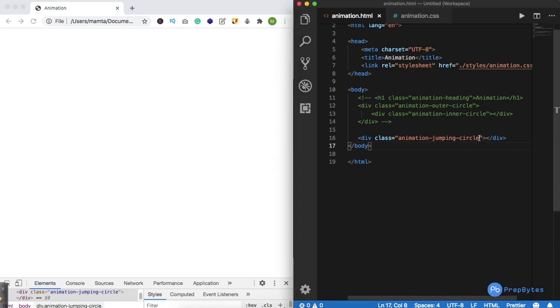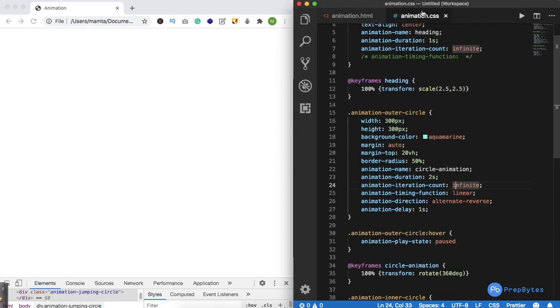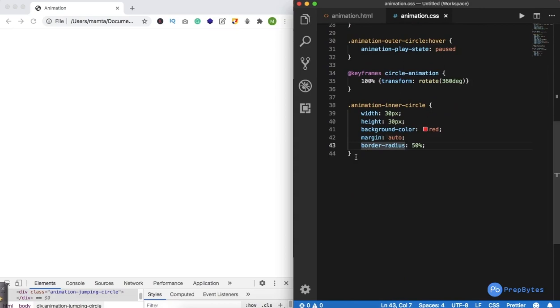Okay, so we have not given any property to this jumping circle. Let's go ahead and give it. So you guys can also keep on adding comments over here. Let's say I am adding animation jumping circle. Rather, you should keep on adding comments wherever it is necessary. Obviously you can see this and search for it in the code, but if the comment is written over here, it becomes comparatively easy for the person who is seeing your code, or for that matter for you as well, to understand the code.